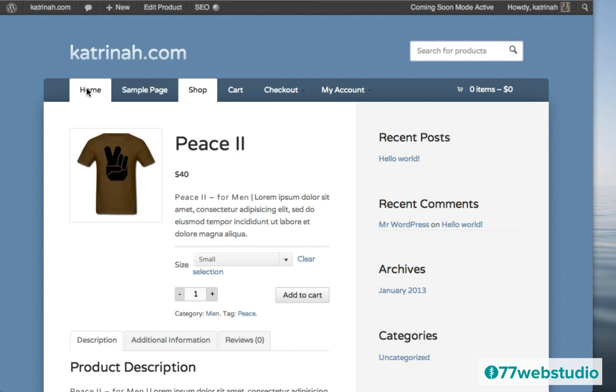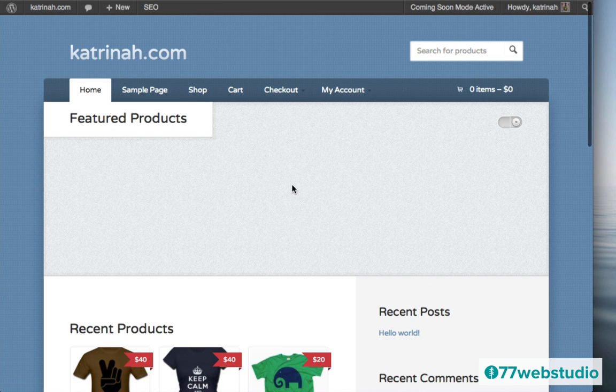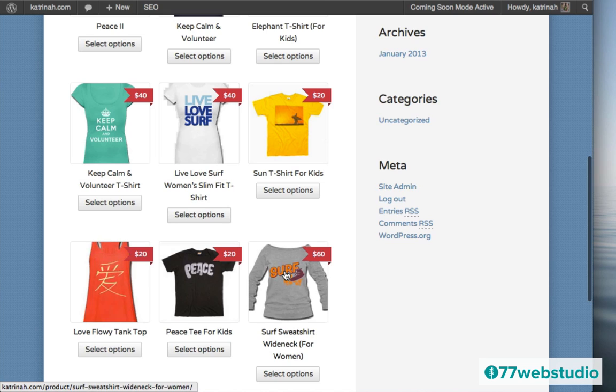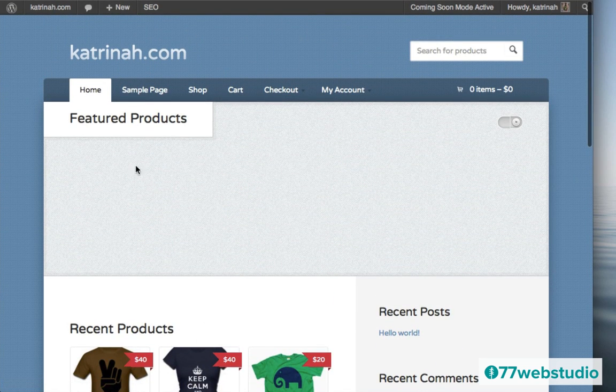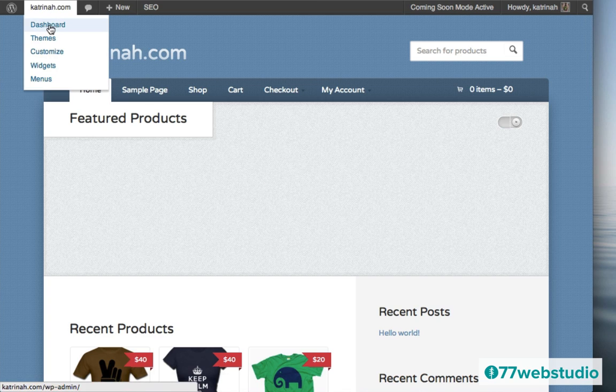So now that we have the Add to Cart button on the product page, let's go to the home page and take care of the featured product slider. So when I go to the home page, you see that it looks good so far now on the recent products section. However, we're missing all the products here in the featured products slider right here. So let's go ahead and set up each of the products so that the ones we want to be displayed in the featured product slider will be displayed right here. So to do that, I'm going to go up to the dashboard, so up to the site title, and underneath that, I'm going to click on Dashboard.